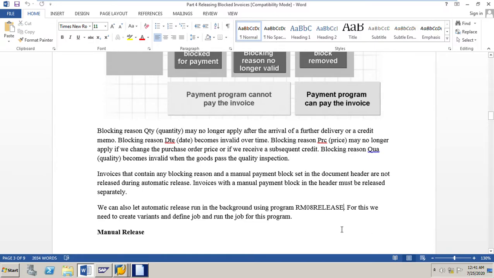To release the invoices in the background using this program, we need to create variants and define job in SM36 transaction and run the job for the program. We can schedule the job at a certain time so that the system automatically releases the blocked invoices at the particular time at which we schedule the batch job.